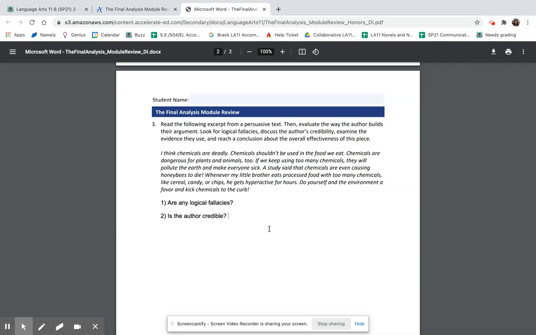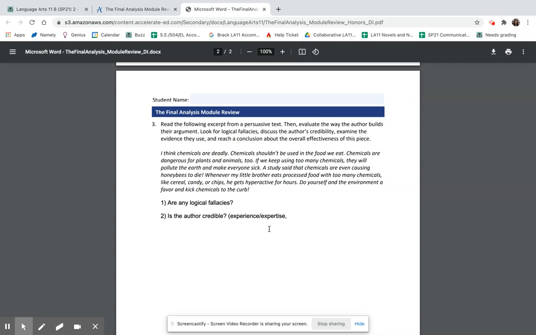Whenever we're looking at credibility of an author, you want to see if they've included any details that might help us better understand their background. Do they have experience or expertise in this particular subject area? And that doesn't necessarily mean that they went to college and have a PhD in this particular subject,